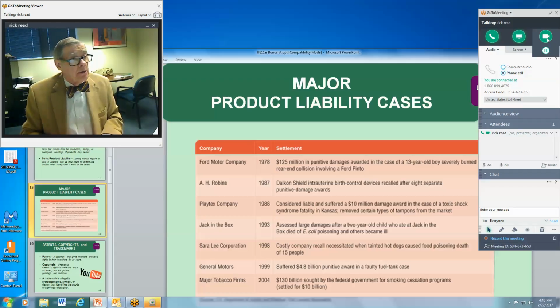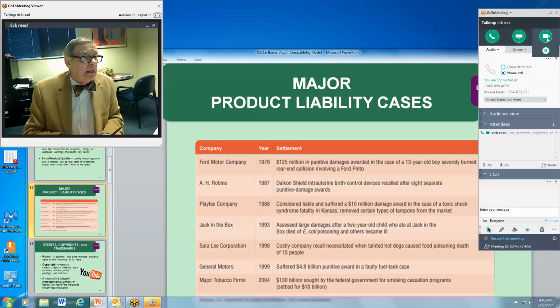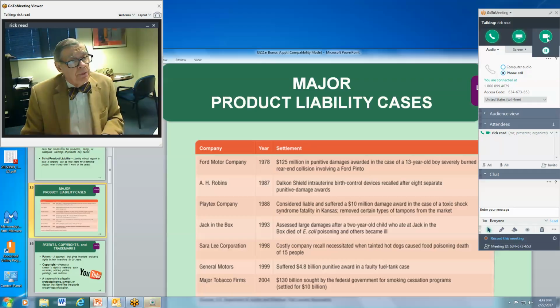Ford Motor Company, by the way, I owned a Pinto. I had a Pinto, sold it when it had almost 115,000 miles on it. That could have been fixed by a part that would have added about $6 to the cost of the car. Ford decided, and I'm not asking you to decide on the ethics of this, what I'm going to tell you, Ford decided it was less expensive for them to roll the dice and pay off any claims that came in as opposed to adding that to the car.